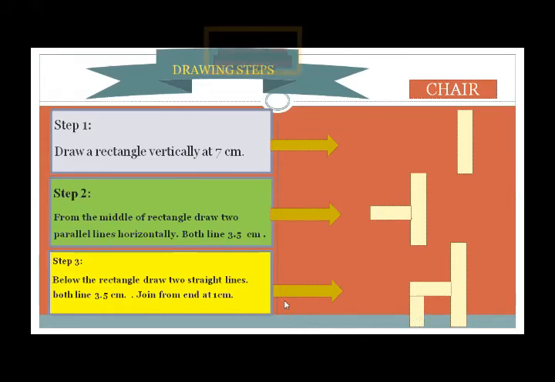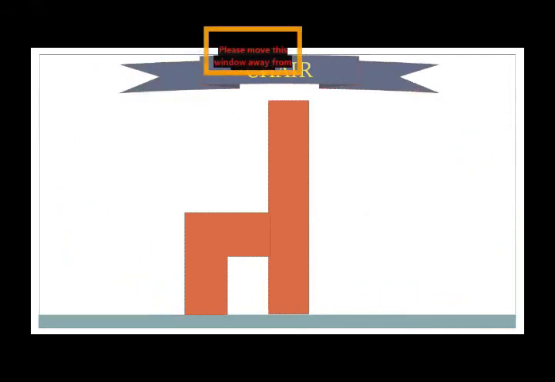I hope you all got the instruction about how you will draw a chair in your copy, and this is the complete picture of your chair. This picture you will draw in your drawing copy. But as I have shared with you before, you must start drawing in your rough copy for practice. First you will practice every object drawing in your rough copy, then you will draw in your fair copy. That will be your drawing fair copy.